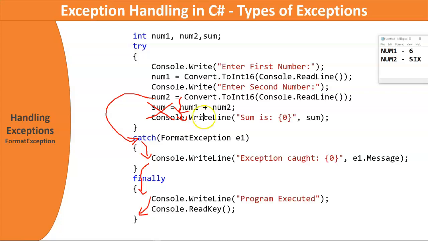So it will not jump into catch. There is no exception thrown, so there is no question of catching the exception. Program control will not enter the catch block. Where will the program control then go? From the termination of the try block, program control will directly jump to the finally block,